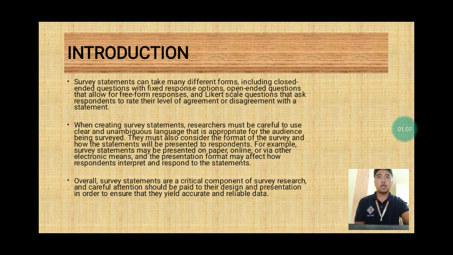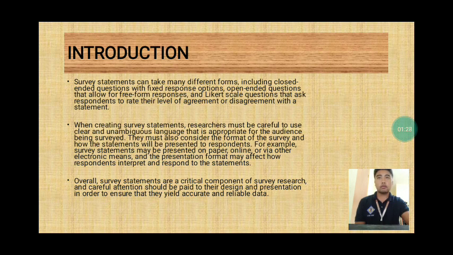So then when creating survey statement, researchers must be careful to use clear and unambiguous language that is appropriate for the audience being surveyed. They must also consider the format of the survey and how the statement will be presented to respondents. So, for example, survey statement may be presented on paper,